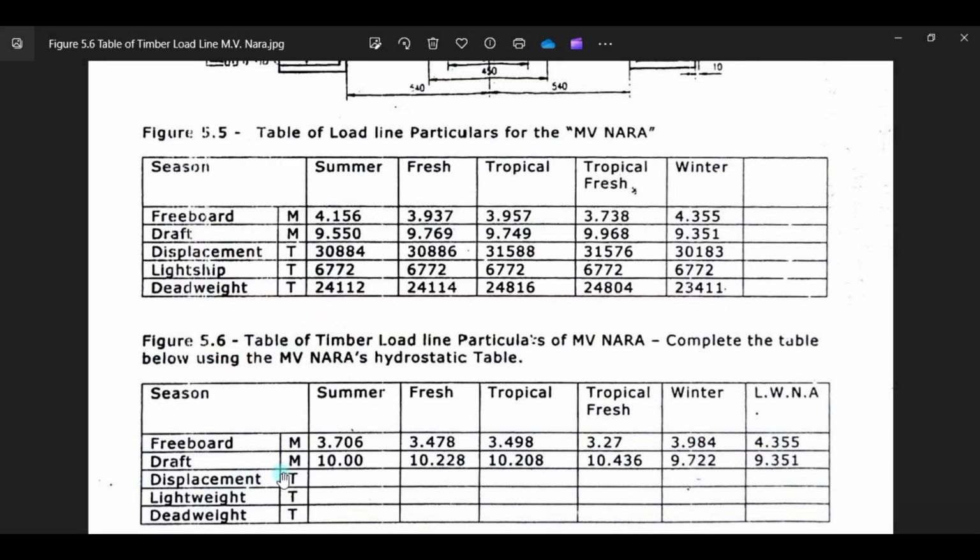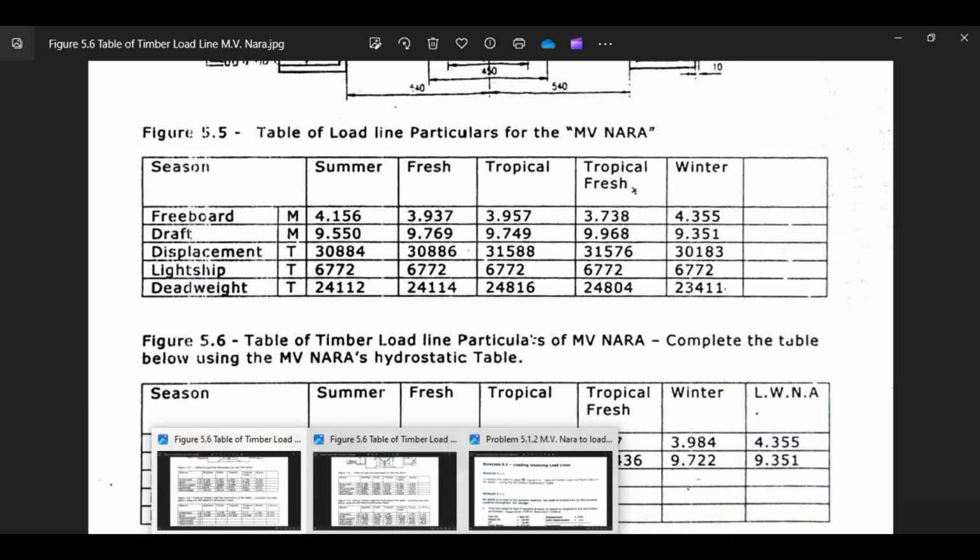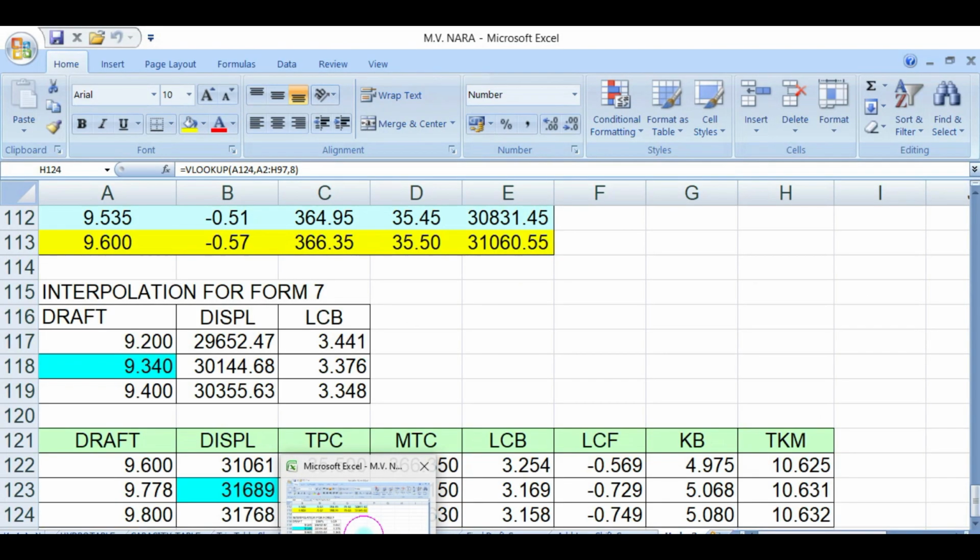See here, the load line is summer in the table of timber load line. So it says draft of 10 meters. What is the displacement? So you go to 10 meters in the hydrostatic table with this program.